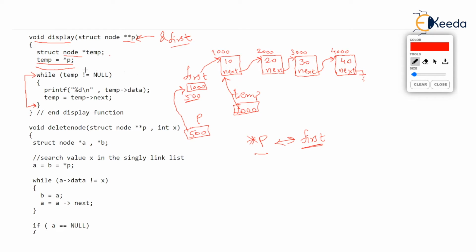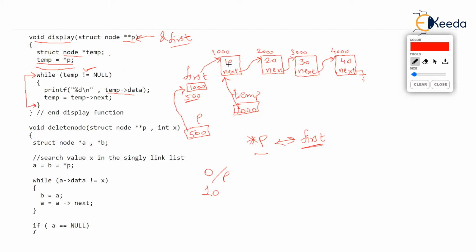Temp is pointing to a valid node, isn't it? Hence, the while will continue and we enter the while and we print temp arrow data in %d format. Temp arrow data, you observe, follow the arrow. Temp arrow data is nothing but 10. So the first output due to display will be 10.